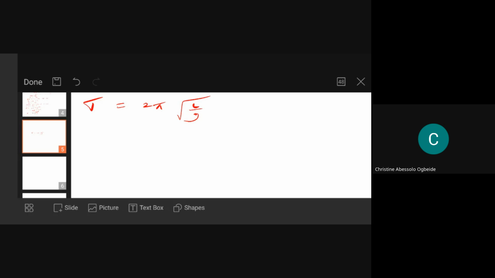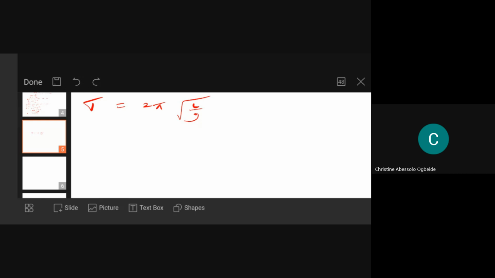All right, let's start. You can see that the parameters here are what? T is actually the period. You have to understand what these parameters are all about. T here talks about the period. G here talks about acceleration due to gravity. L here talks about length. All right, so let's see how we can engage ourselves and see what this whole thing would be.